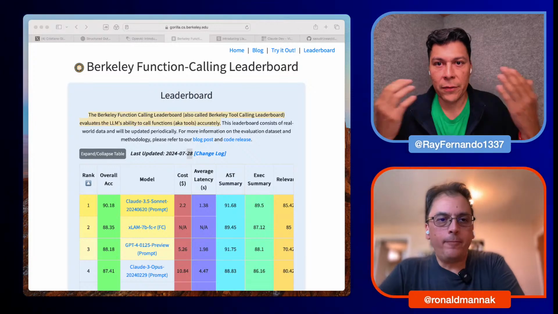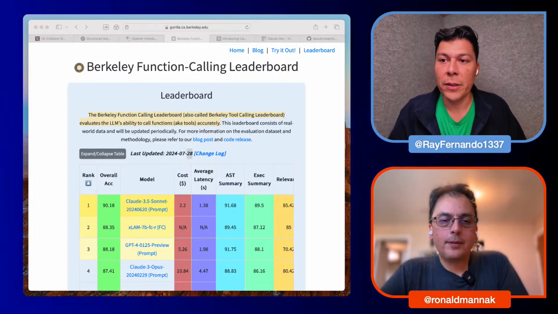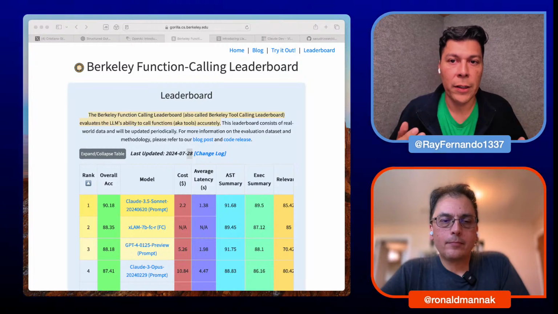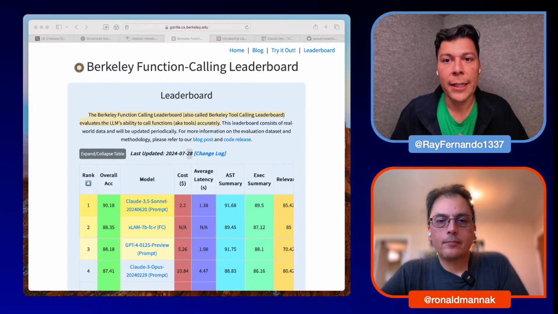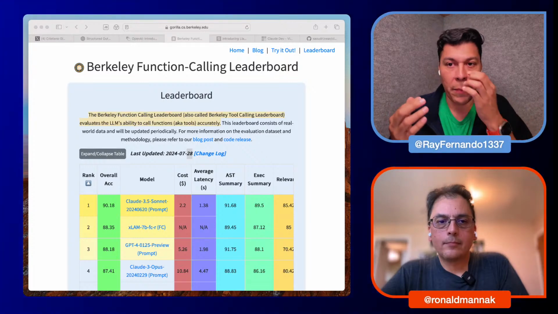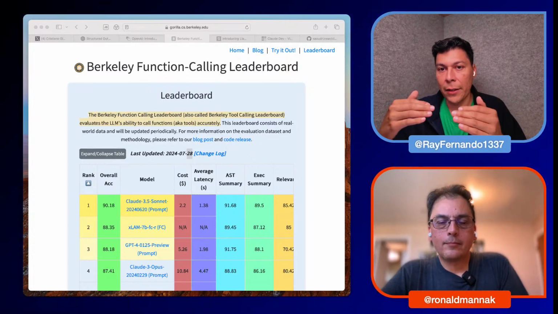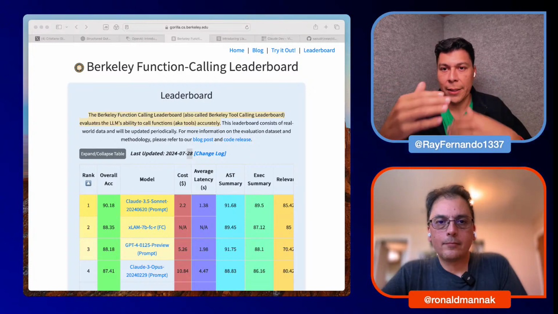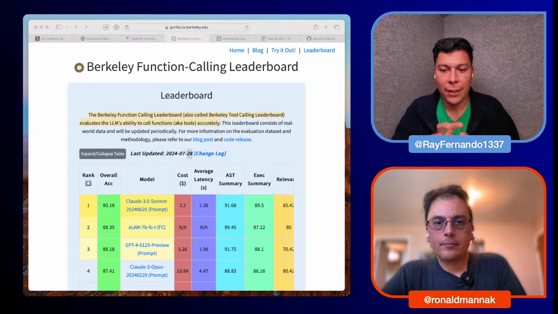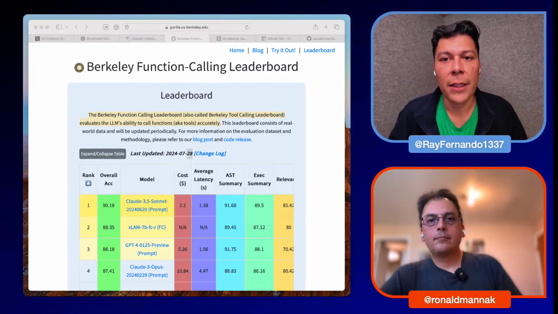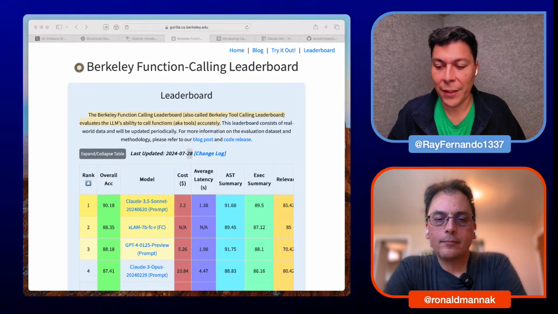And so Berkeley has created this function calling leaderboard as a way to evaluate the models. Some of the criteria they use is how accurately the function calls are working, and then how it handles multiple and parallel function calls. Whenever you have a call and then you do another call, like I was explaining, that's the multiple. The parallel ones are like, go get the weather, go do this and go do that, and then how does it handle all that information? Also working with various programming languages, there are quite a bit of differences there.